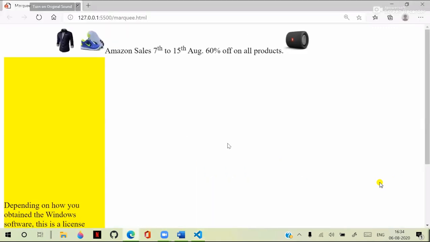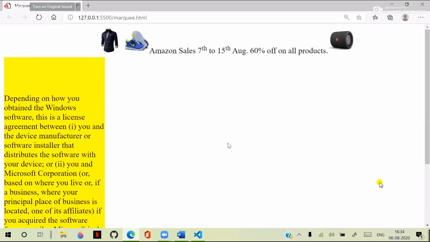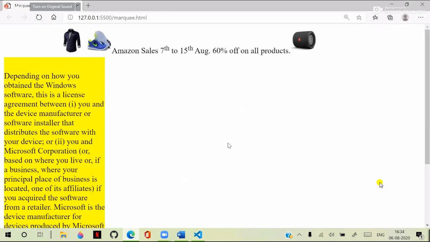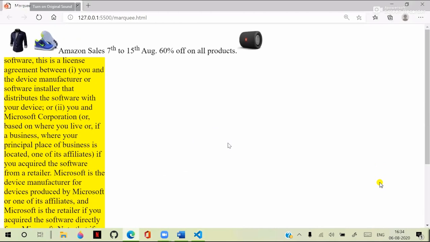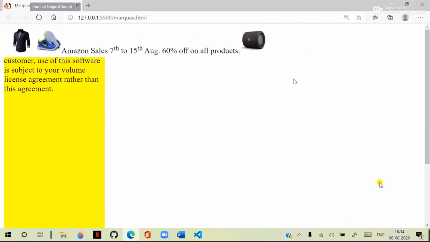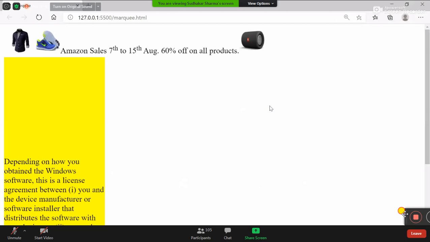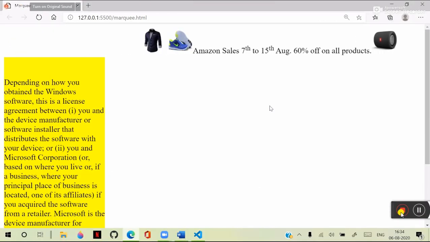Alternate behavior will make the content like this. That means it will keep the content sliding from left to right instead of scrolling. You can give one behavior for the marquee, that is alternate behavior for the marquee. So when you are displaying the contents,